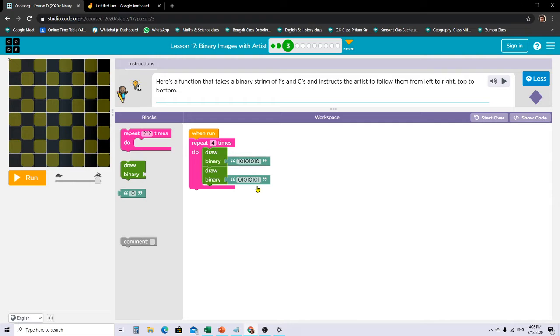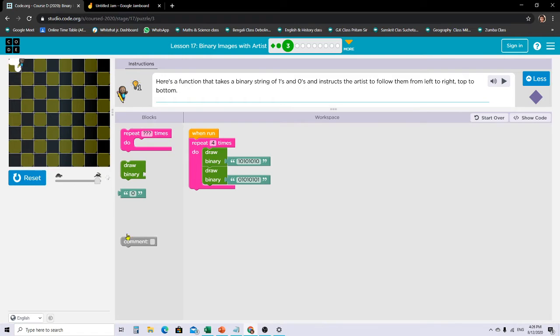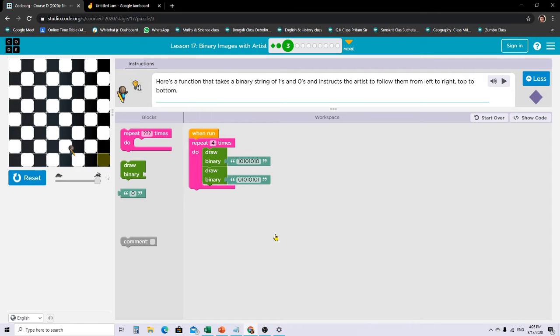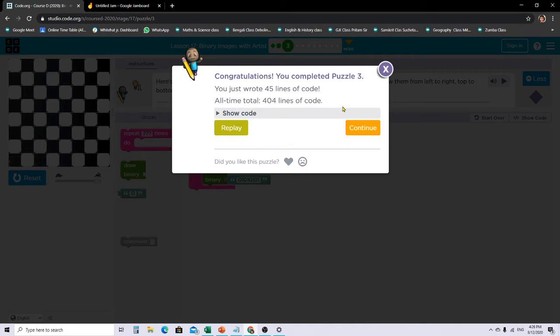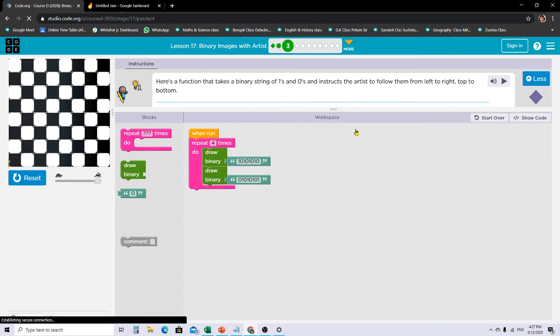Okay, and the next line starts with 0 1 0 1 0 1 0 1. Okay, so let's see if the same output comes. Okay, it's the same output. So let's continue.